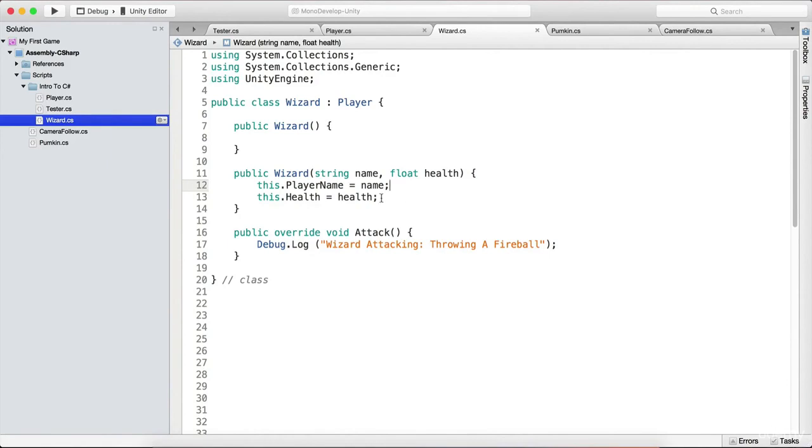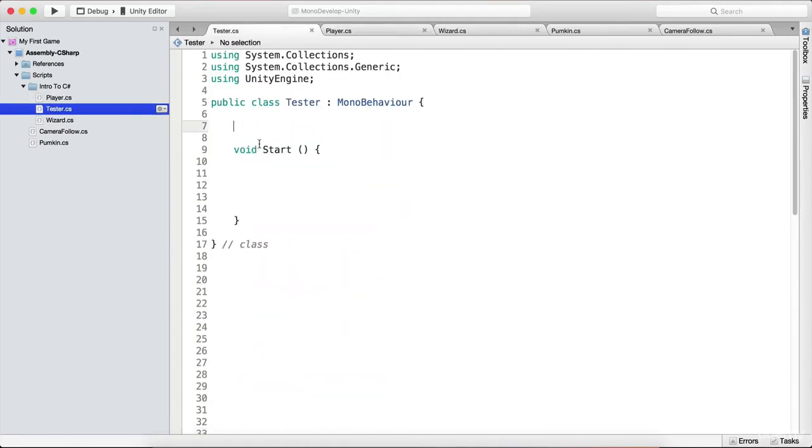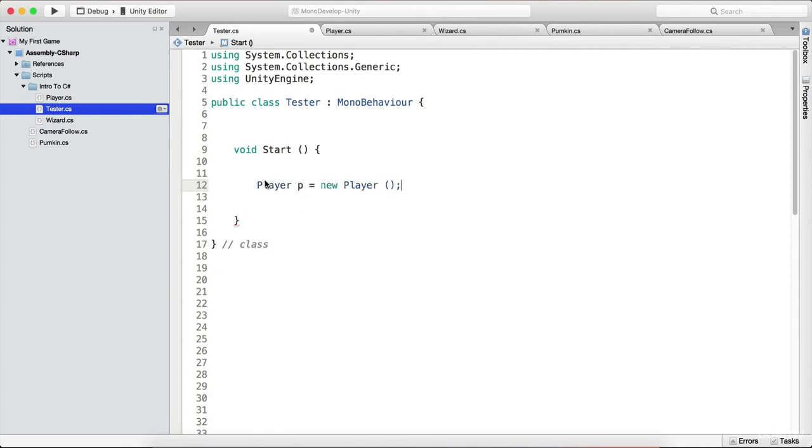And we saw that in order to access these functions, so for example public void attack, the public float health variable and the public string player name, we need to create an object. We either need to type player p is equal to new player, and then type p.health in order to access the health variable, or